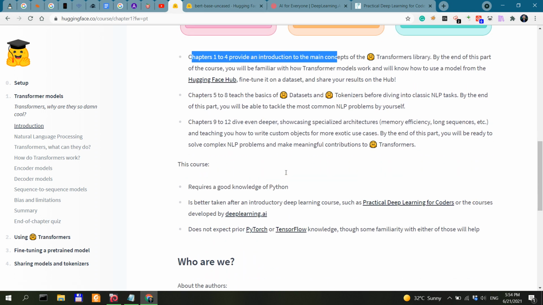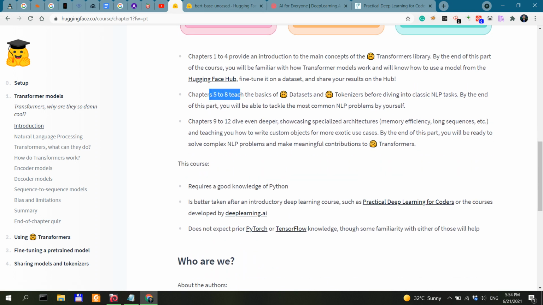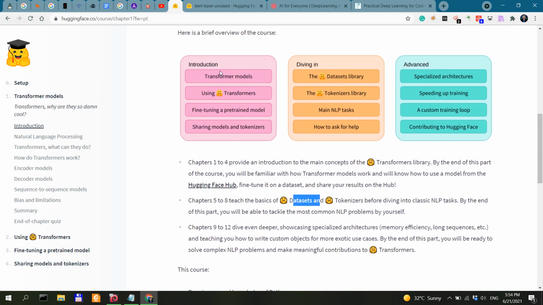These are published, so this course is ongoing. Chapters 5 to 8 are going to be completed. So we have 1, 2, 3, 4 completed and online. Then we go 5 to 8. Hopefully they're going to be released soon. They're going to go into main NLP tasks, and I'm probably going to get back to this at a later point in the future.